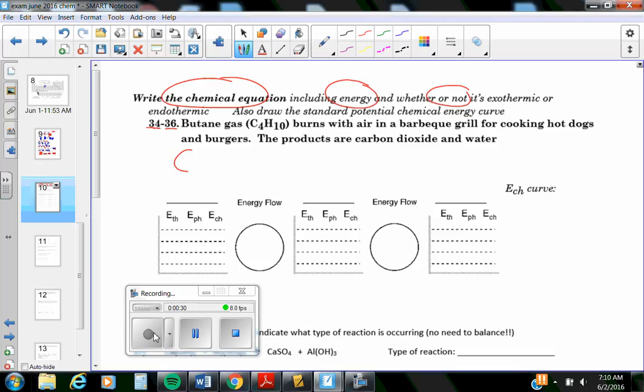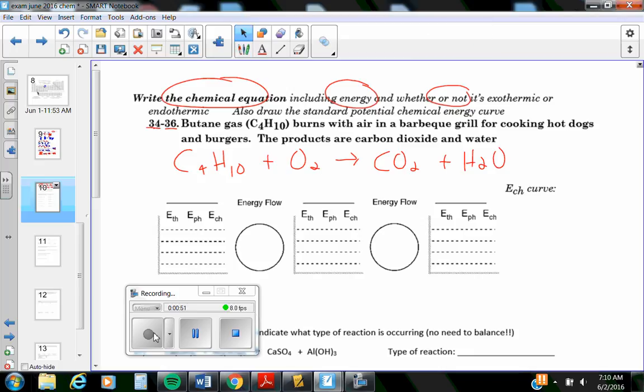Butane gas, C4H10, is burned with air. You're supposed to know that that's the oxygen in the air that burns. When you burn, it's combustion. You have to have oxygen. It's going to tell you that the products are carbon dioxide plus water. This does not say we have to balance it. It doesn't say the balanced chemical equation, so really not that necessary, though if I wanted to, I'd need a